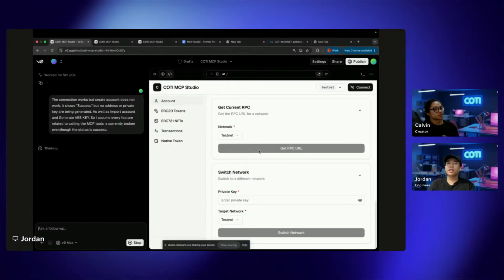What is the best thing you have vibe coded so far? Best thing I've vibe coded so far. The coolest thing that I've recently vibe coded is like a